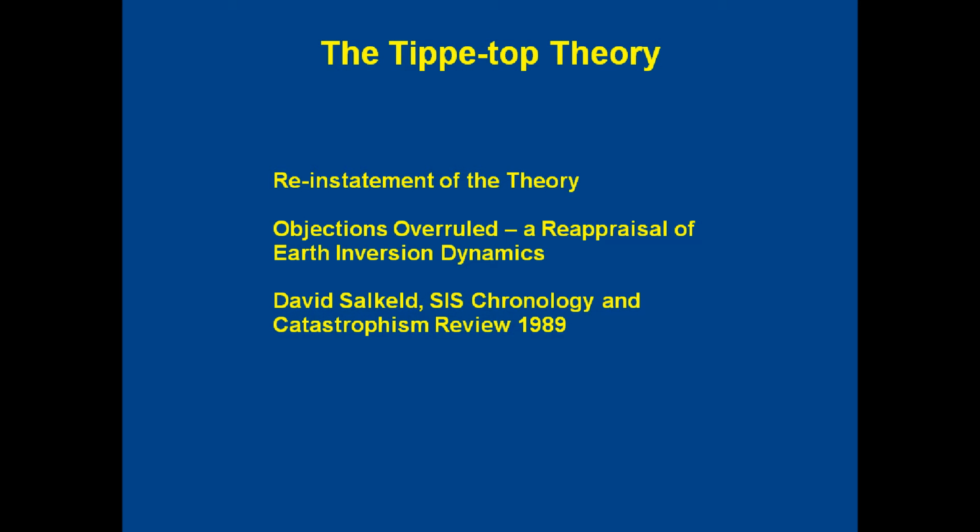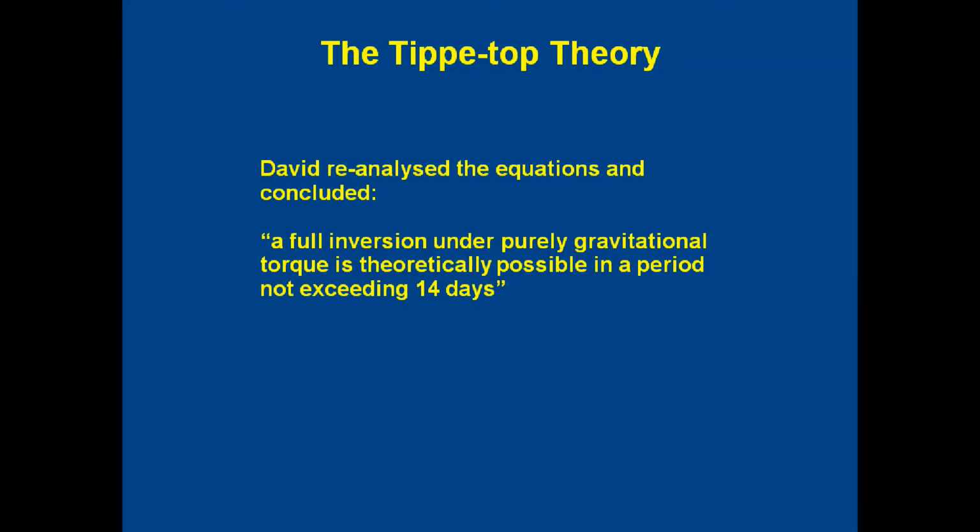In 1989, the SIS published a restatement of the theory by David Salkeld. It's called Objections Overruled, and that's exactly what it was. It was not only just an answer to Lubinski, but a further explanation of the maths and the physics, which set the thing out properly. And in doing this, David showed that actually Peter Warlow was about right. The big issue had been...